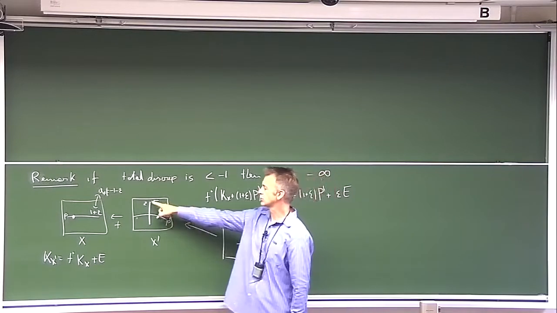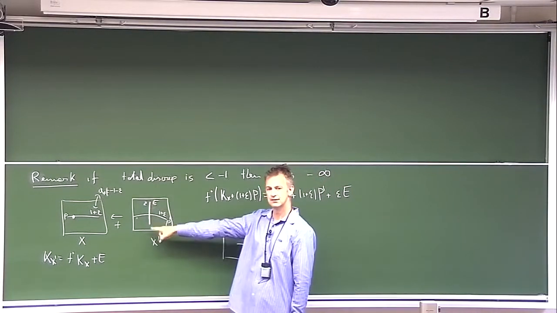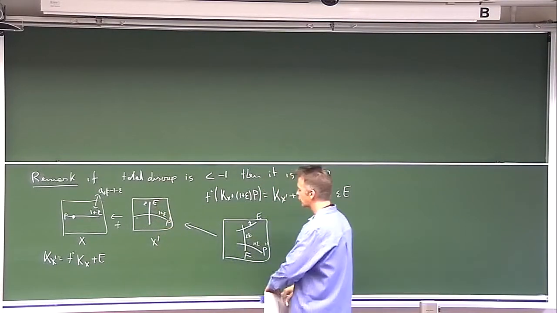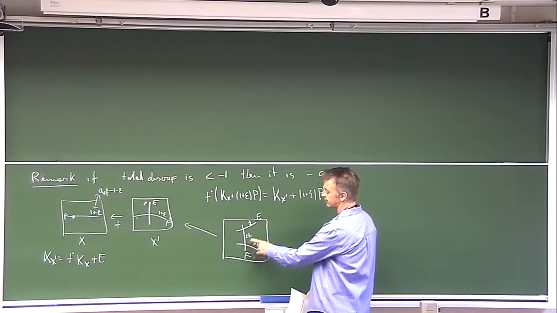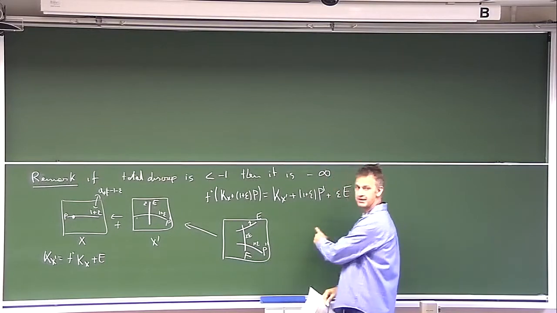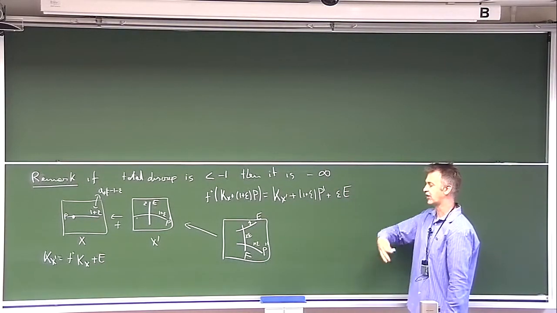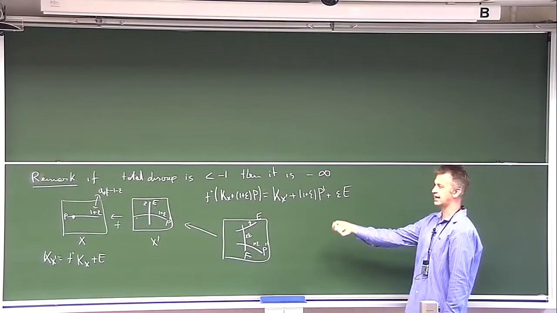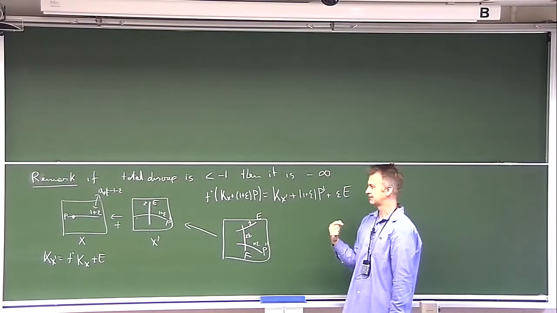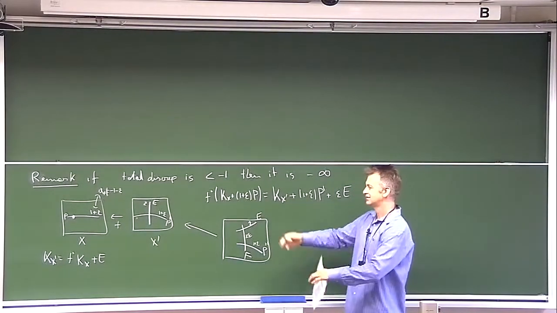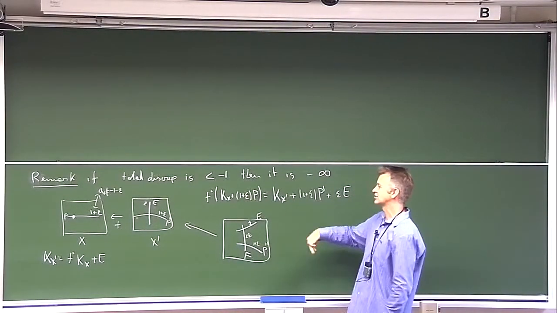There's an extra contribution coming from the multiplicity epsilon on this divisor here. So now clearly when I blow up this point, I'll get something of multiplicity 3 epsilon. Repeat this as many times as you want. You get multiplicity n times epsilon for n as big as you want, and hence you get discrepancy as negative as you want. You can easily prove it by induction in any dimension